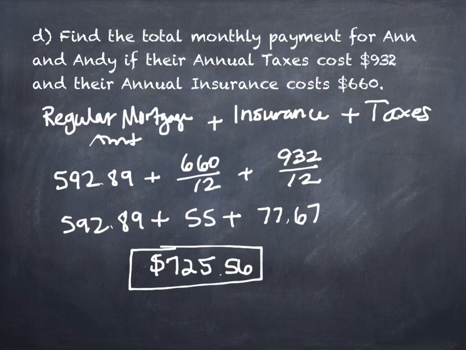Remember my example earlier where I said that this home, you can buy it for $592.89 a month, or you can rent it for $700 a month, and it sounds like, well, I should just buy it because it costs less. Well, just in how we're describing this particular aspect, and there are other aspects, it doesn't cost less. It actually costs you $725.56 to own the home versus renting the home. And then, of course, there are maintenance issues, and other sorts of issues that come into play too. All right, we're going to take a look at a couple other examples next time, but we're going to stop right there for today.